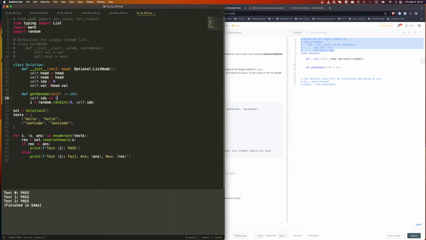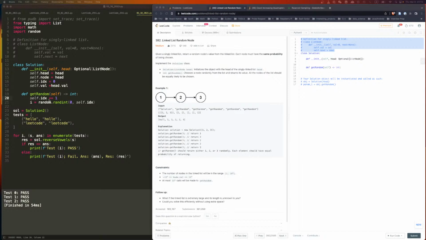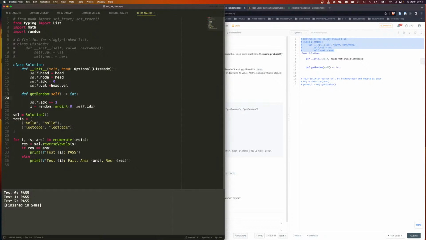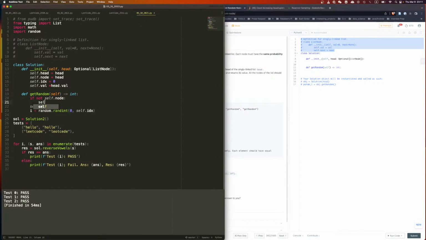Hold on a second. That's fine. No, that's not fine, because what if you only have 1? So what I think is, if not self.node equals head,